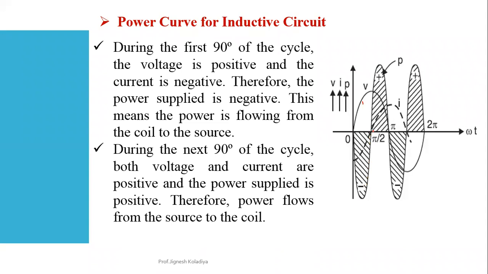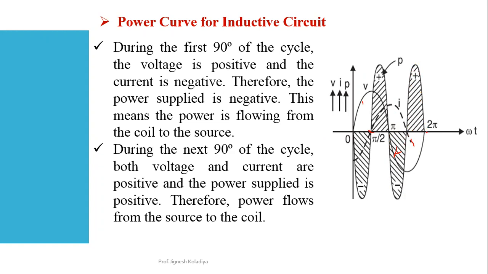Then once the current crosses the 0 point, voltage and current are both positive, so the next half I'm getting is on the positive side. Then the current will be positive, but you can see voltage is negative, so again I'm getting the negative half for the power, and then current and voltage are both negative, so again I'm getting the power